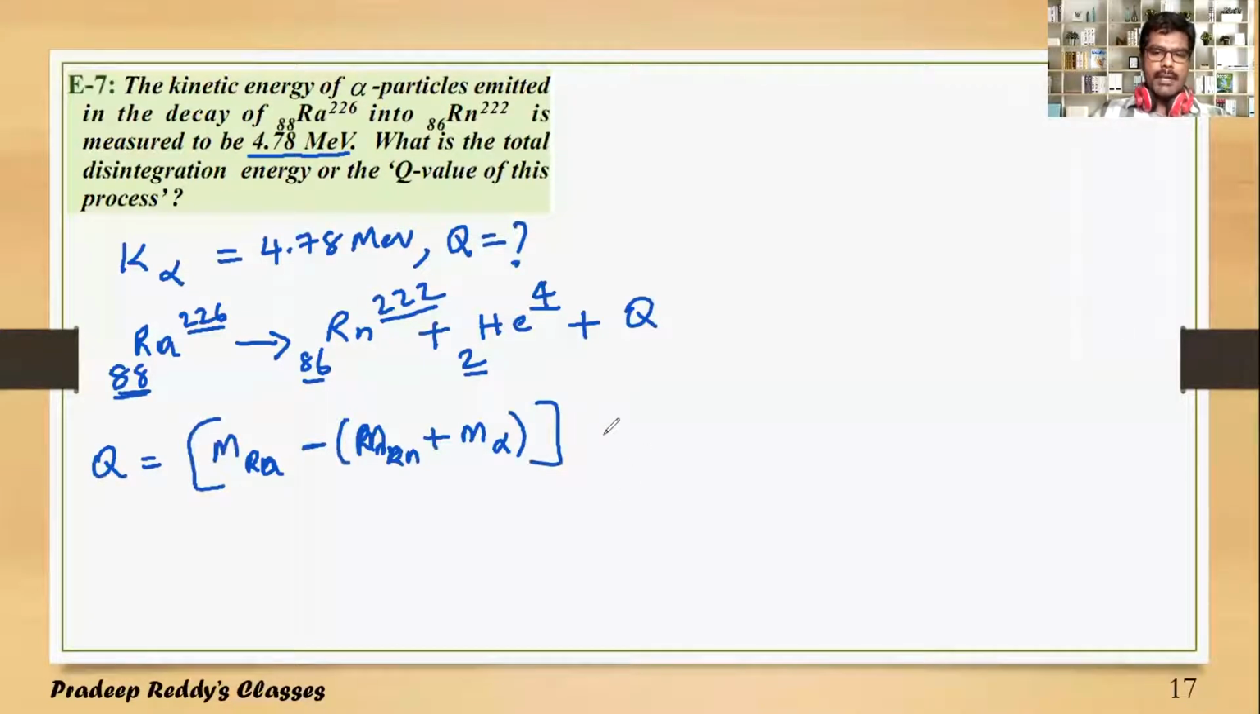This is in atomic mass number, or you can multiply this with 931.5 MeV. If you calculate this, you will be getting the Q value. That is one step. But here in this question, we are not being given the mass of Ra, and the mass of Rn is not being provided. So in this case, what we usually do, in order to find out kinetic energy, because here Q is energy,